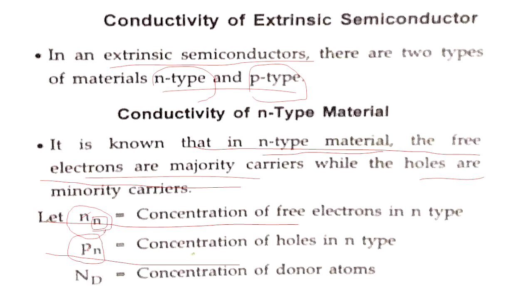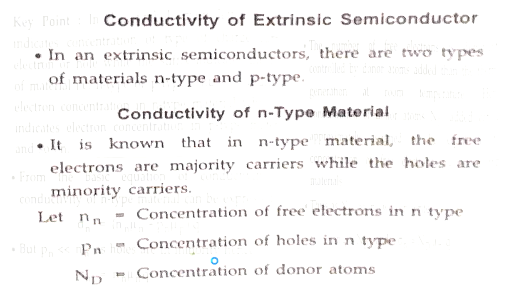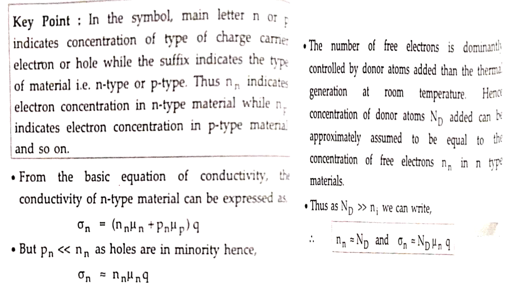Since it is an N-type semiconductor, we use the notation Nn, and Nd is the concentration of donor impurity. From the basic equation, sigma n, where the suffix n denotes N-type and sigma is the conductivity,